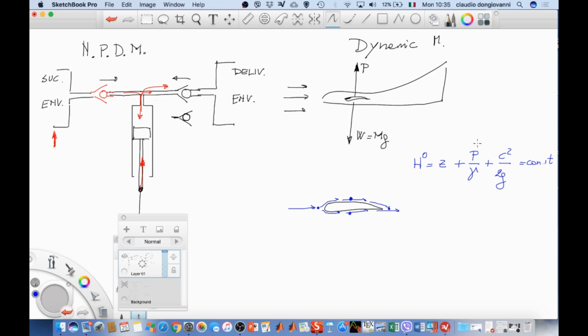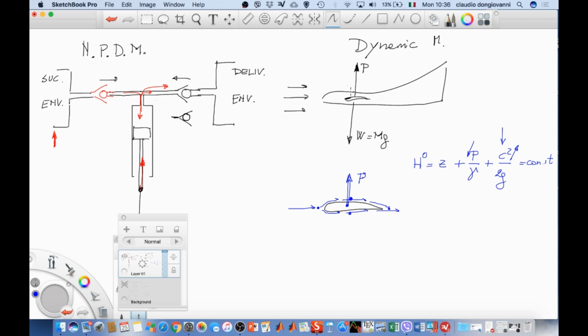Being c higher in the upper face, we have that, this term being constant, the pressure has to be lower. It follows a force in this direction because the pressure in the upper part is a little bit lower than the pressure in the lower part,